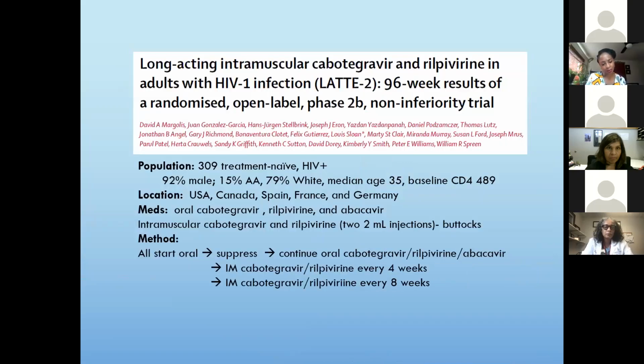If you have been watching the news, you do know that long-acting injectables in the form of cabotegravir and rilpivirine have shown tremendous promise in terms of treatment of HIV. And this is the New England Journal of Medicine publication that highlighted the 96-week results for cabotegravir and rilpivirine injectable given every 4 weeks versus every 8 weeks, compared to oral antiretroviral treatment with cabotegravir, rilpivirine, and abacavir. This was done in multiple studies, including the USA, Spain, France, and Germany, with about 300 plus treatment-naive HIV positive individuals,